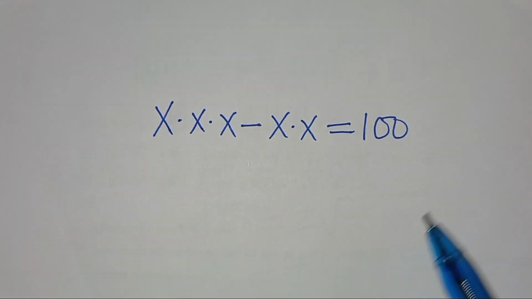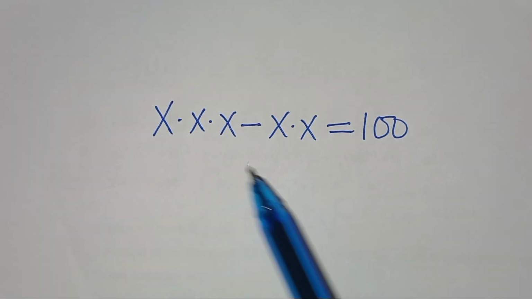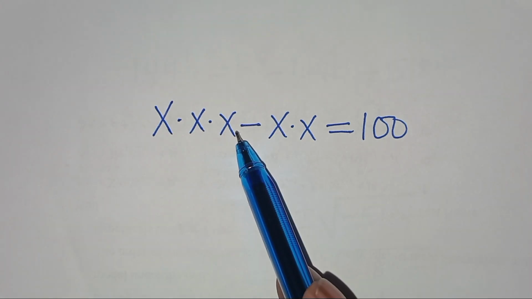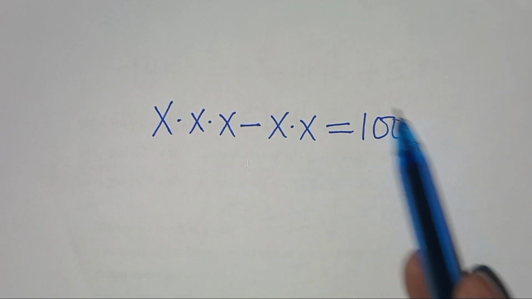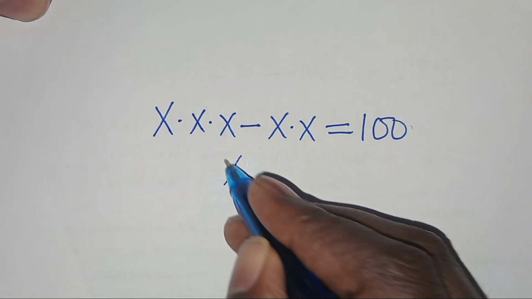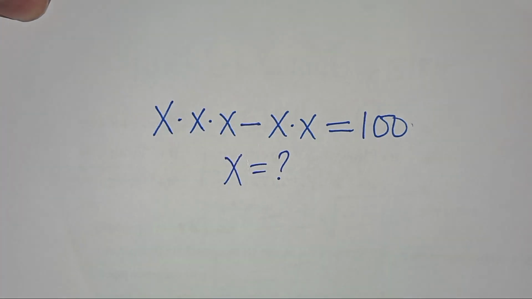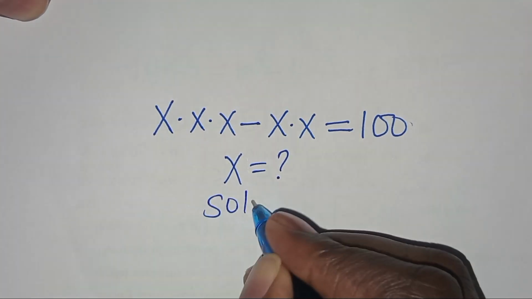You are welcome to solve this nice algebra problem, which is x times x times x minus x times x. This is equal to 100. So what is the value of x? Solution from here,